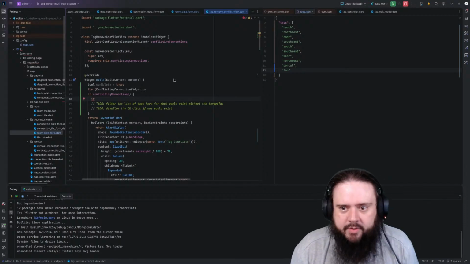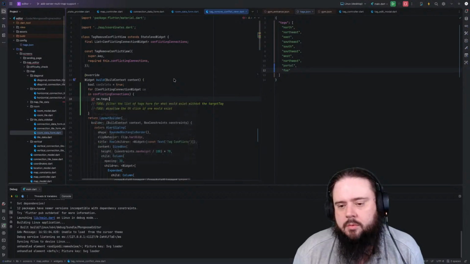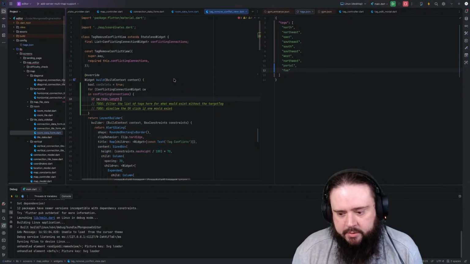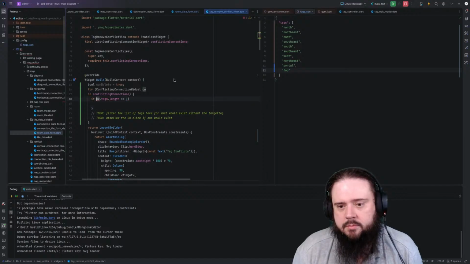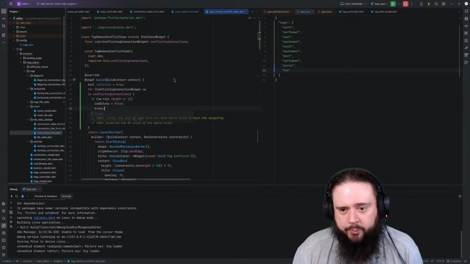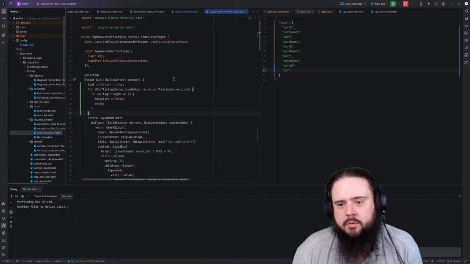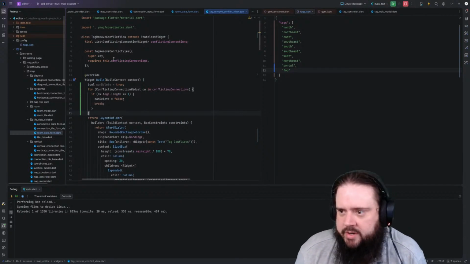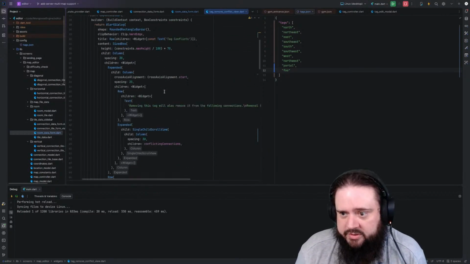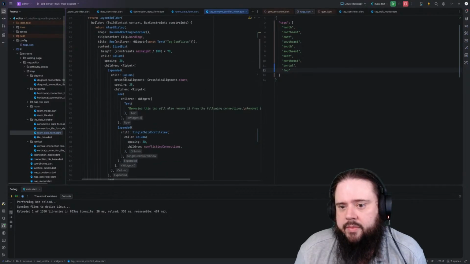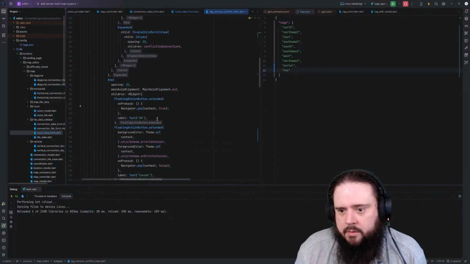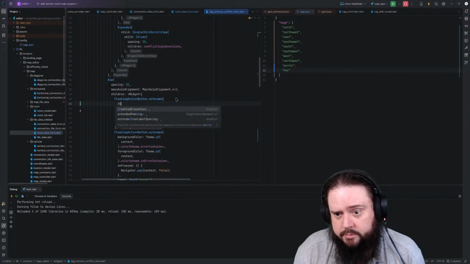If one of our tag's length is 1, can delete is false and break. Right? We find any of them with this true, we just need to not do that. Then in here, our OK button